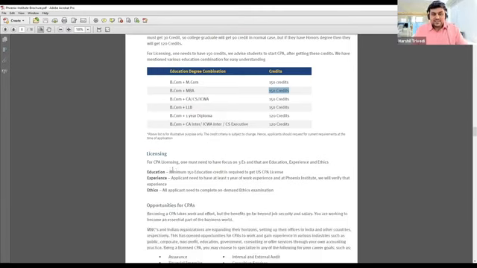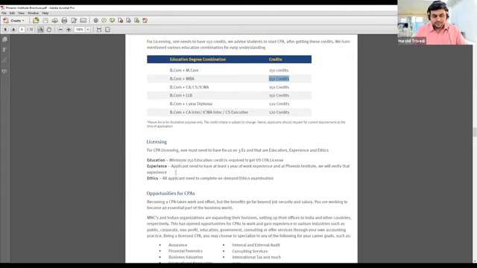Now, for licensing, 3 things need to be done. First thing, you need to get 150 credits, which will be supported by us over here. Second thing, experience. You need at least 1 year of work experience. And in this, we will verify your experience over here because we are licensed CPAs. A CPA can verify your experience and sign your paper and then you can submit it to the state board for the licensing purpose. Correct? And the third thing is the ethics examination. We'll guide you how to clear the ethics examination as well at Phoenix Institute.